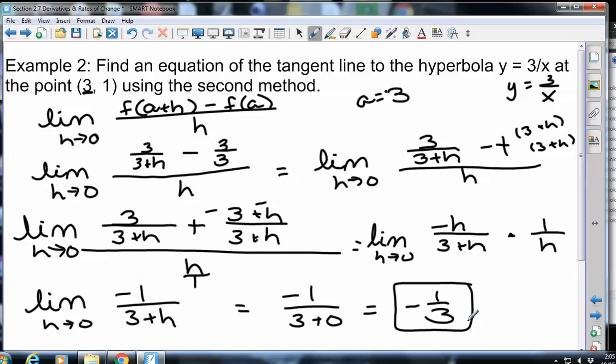Yes, Tim? Okay, so how do you get to cancel out the h? Got the same thing and then